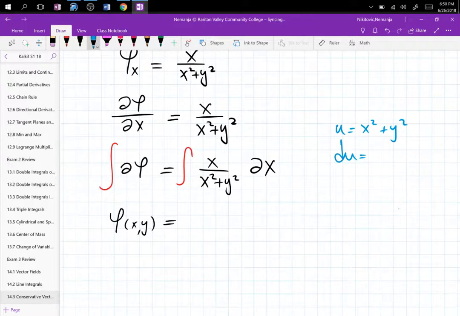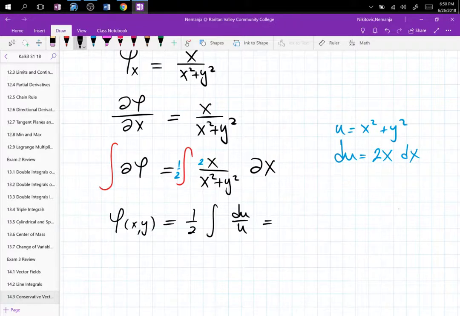Since we are dealing with respect to x, this is just 2x dx, and the y dies because it's a constant. Now, I don't have 2x, so I have to fix it. So here is a 1/2 in front. And the whole integral now becomes 1/2 integral of du over u, which is 1/2 ln absolute u